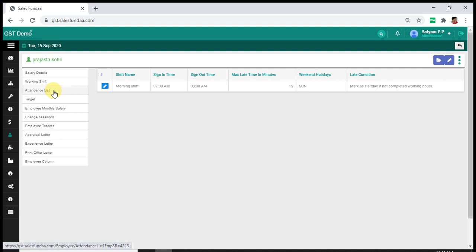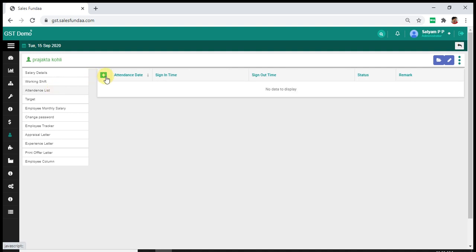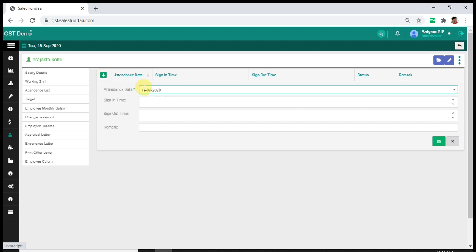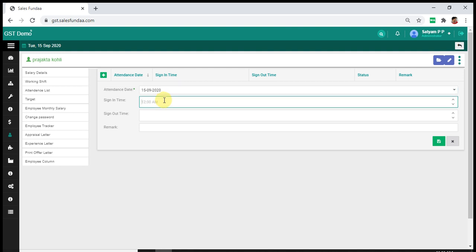The next is their attendance list. To make attendance list, click on plus icon. From when they are starting, from when they have joined, put the join date here. Then sign in time.